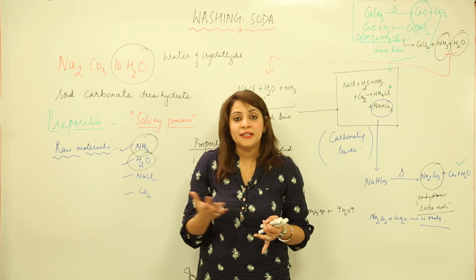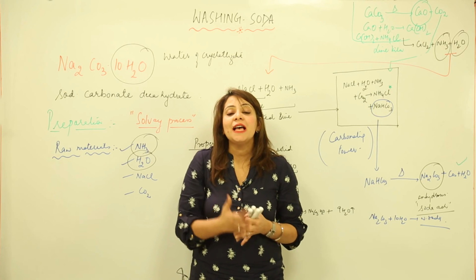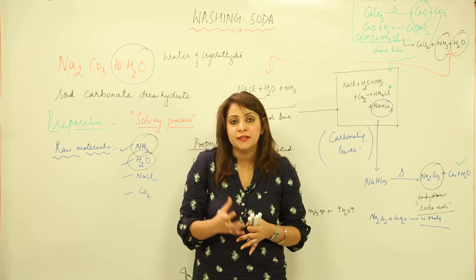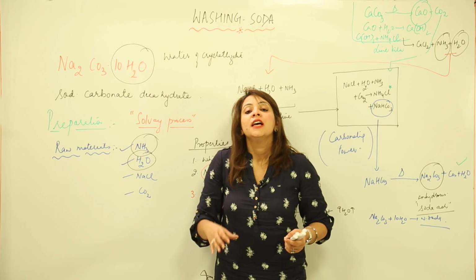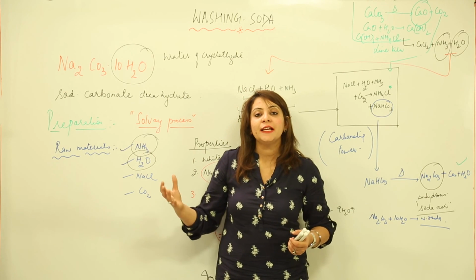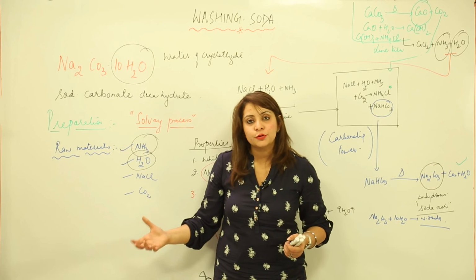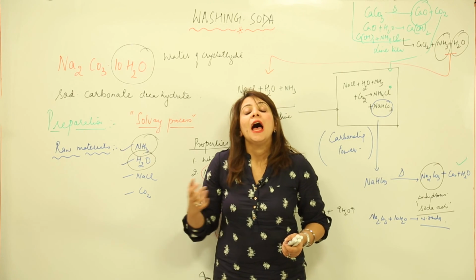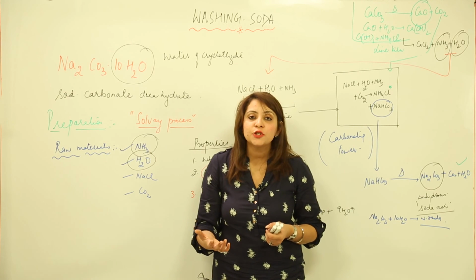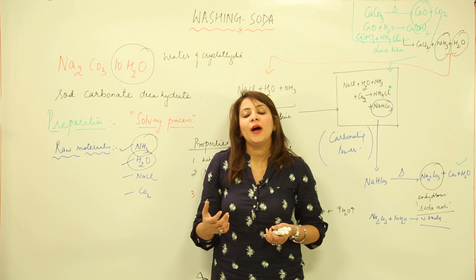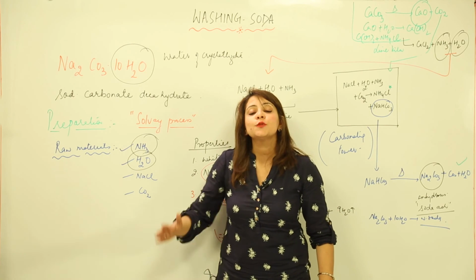Likewise, it is a chemical compound, so obviously it is used in a lab as a reagent. It also has cleansing properties. So to sum up its uses, it has a broad range: it is used in many industries, like in the preparation of glass, paper and soap, as I told you. It has a cleansing property, so it is used in cleansing agents, and it is used as a reagent in the lab in many processes. It serves many important uses. So this is washing soda.